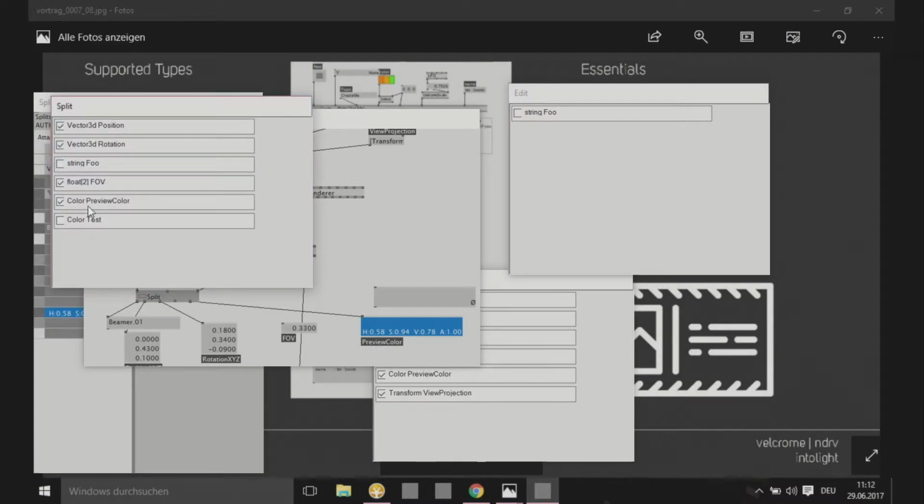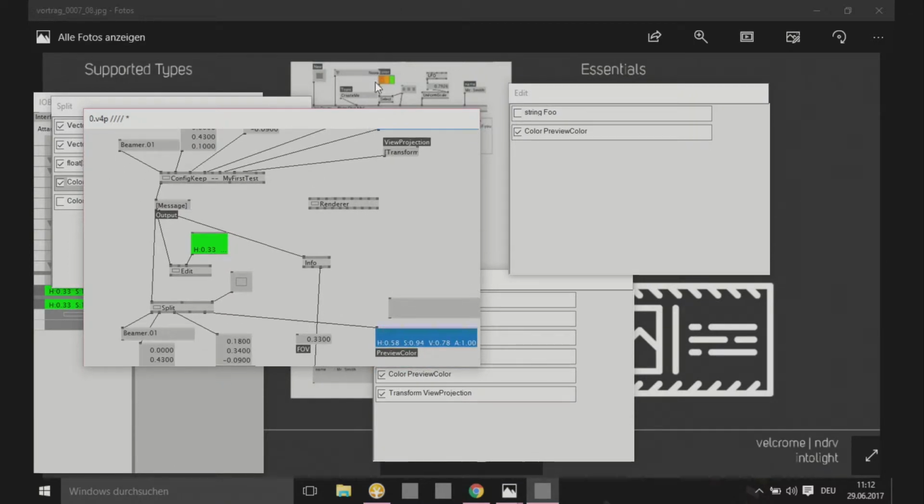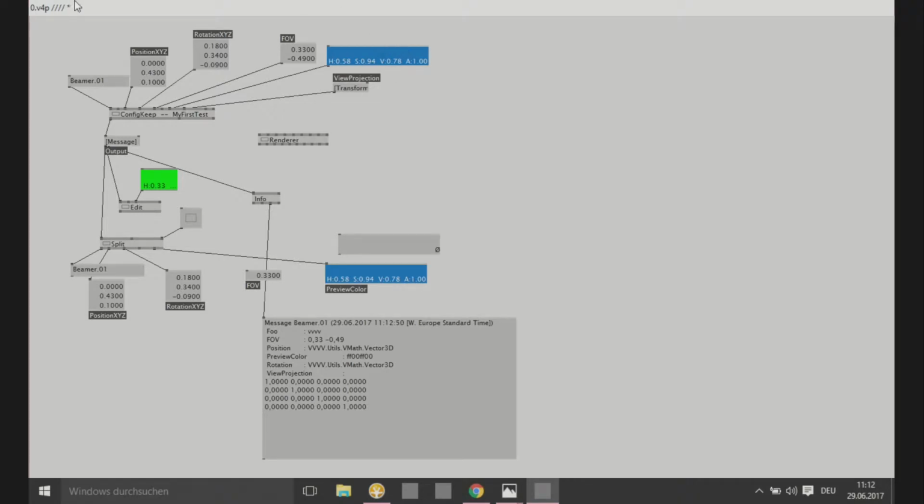Okay, now so I wanted to show the edit node, just for quick reference. I will copy the preview color over to the edit. I get the pin. And now it's basically what I want to do. I have this preset. Let's say I have a preset of all the projectors. And for some reason, in some sub-module, I want to change the color, like make it a little darker or make it blink, something like that. For that, I have this edit node, and if I start changing that,